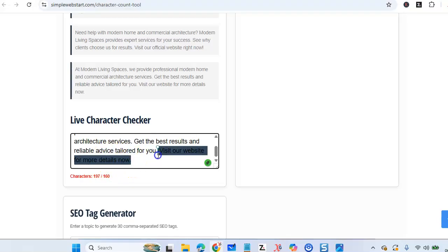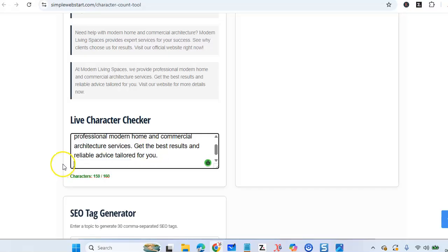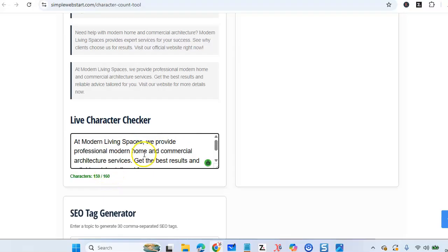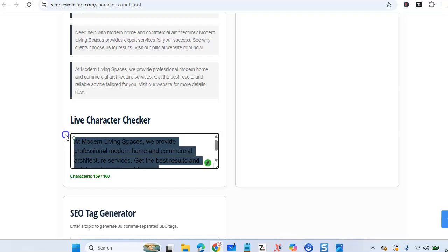So just in this example, let's say we take that off, and there you go, we're in at 159 to 160. So if you were as happy with that, we could use that. But also there's a use AI. So what you can do is you can click that if you want to rewrite it. But in this case, what I'll do, I'll just copy that,